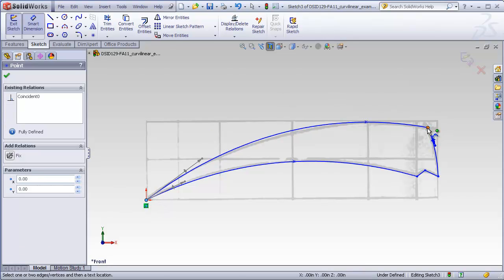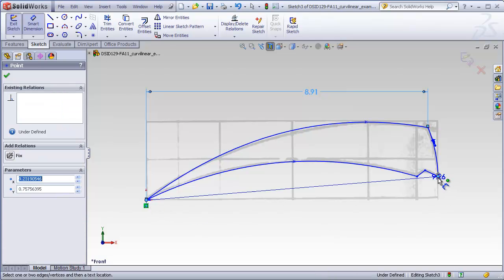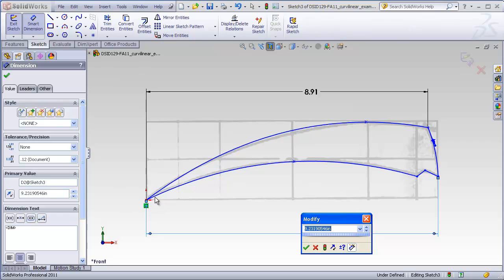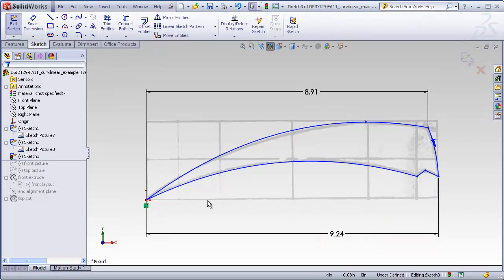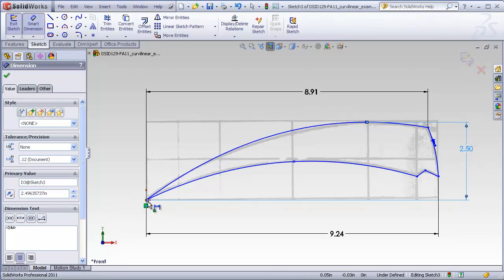So you'll learn that it's not practical with splines to dimension every single point, but it's very good practice to dimension at least the endpoints of the spline and any points that represent the overall size of the object. So I'm going to catch this endpoint here, this endpoint here. Remember, we decided that this would be 9.24 inches wide, so even if my sketch doesn't perfectly match up, I do want to make sure that the dimension I type in is the amount that I decided I wanted this object to be, which in this case is 9.24. So then I can add maybe a dimension that represents the top point, and perhaps a dimension that represents the height